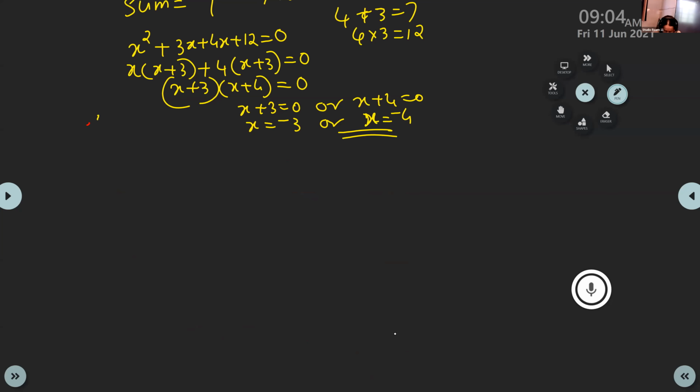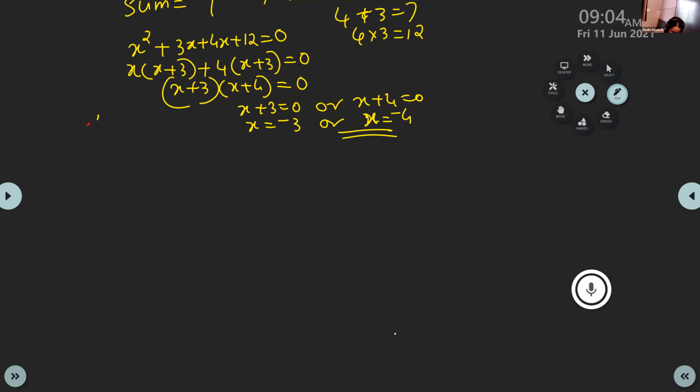We will do the next question using the quadratic formula. Quadratic polynomial only, which means its degree must be 2. A quadratic polynomial can be solved using the quadratic formula or by splitting the middle term. Since we have studied the quadratic formula also, for questions from polynomials for finding roots, for finding zeros, we can use the quadratic formula.